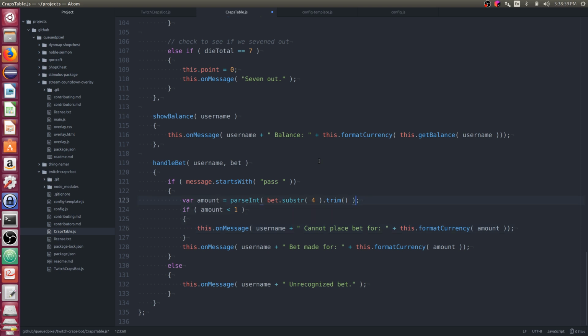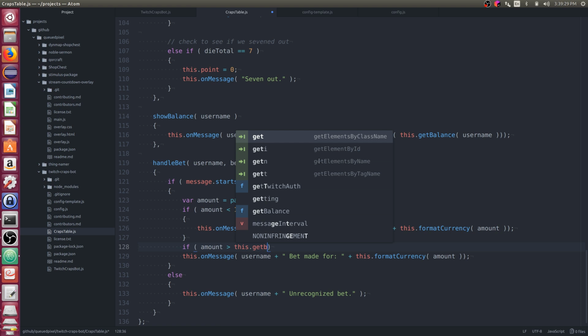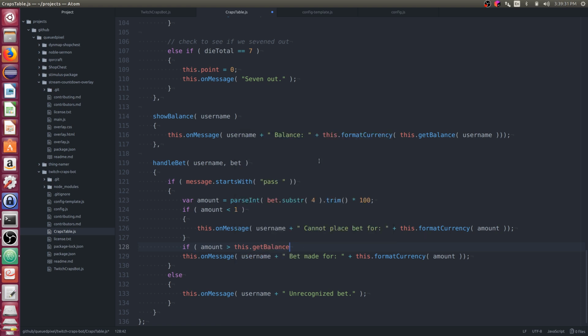Actually, we also need to be sure to multiply our amount by 100, because again, we track internally hundredths of a currency. So we parse the amount, we multiply it by 100. If the amount is less than 1, cannot place bet for that. And now we need if amount is greater than this get balance for a username.